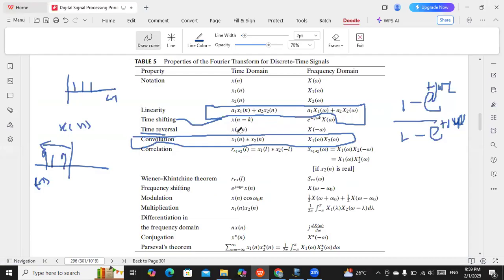Why is this very important? Because you can see that this convolution becomes a multiplication here. So this one is very important. This property we are using